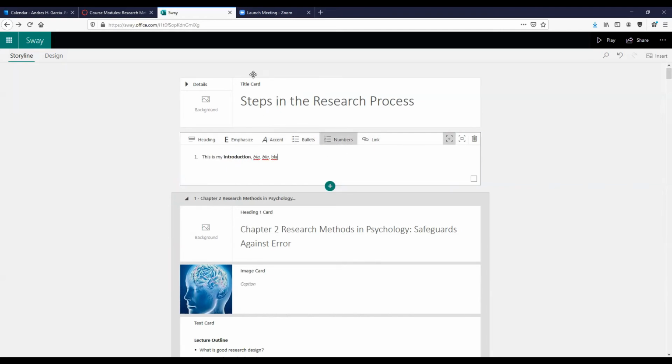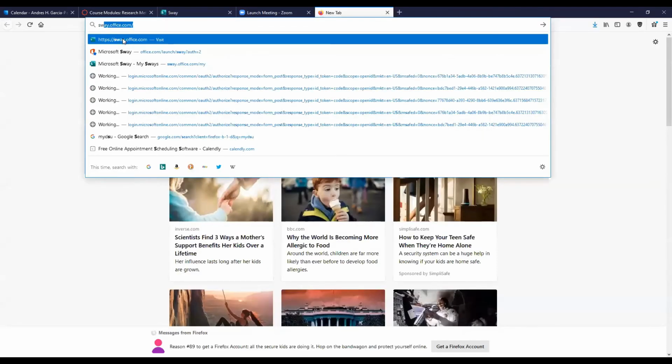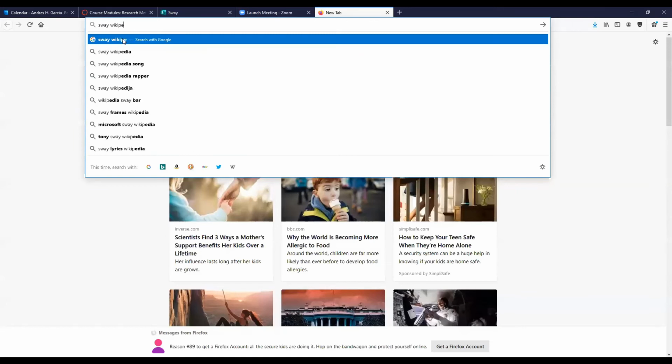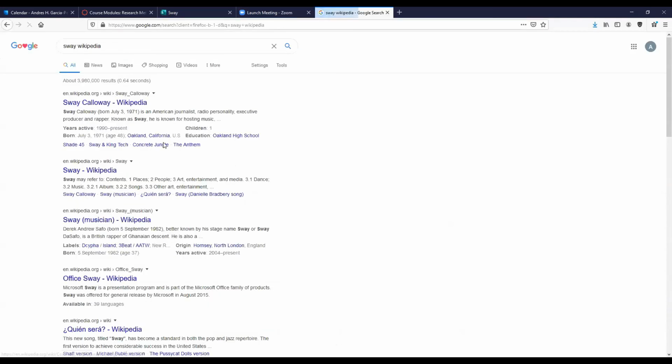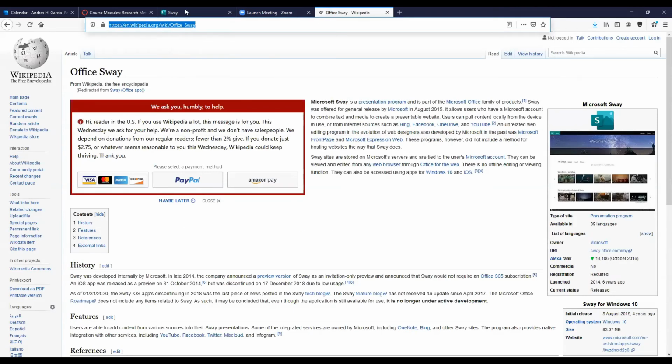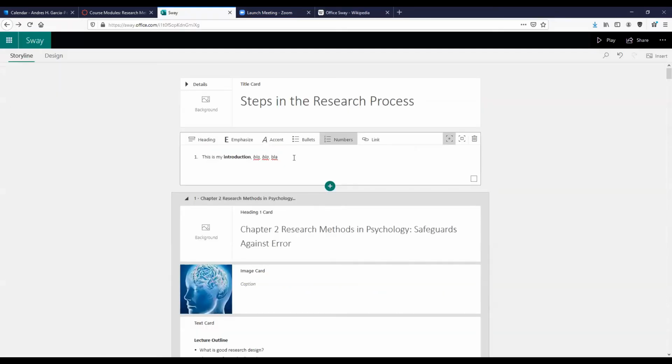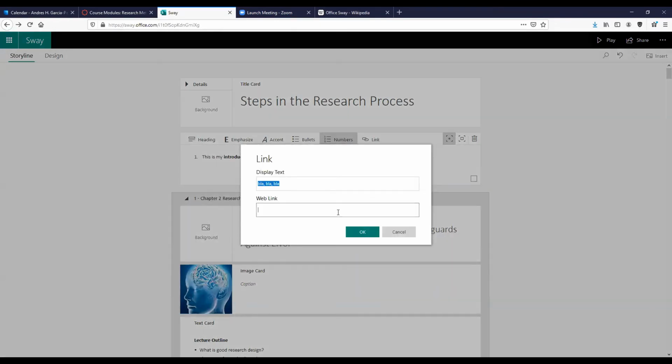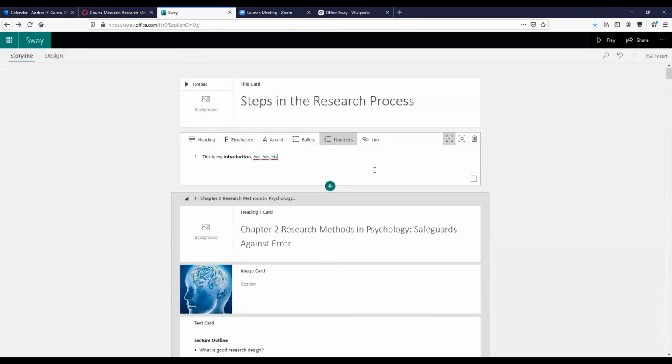So let's say that I want to link to a Sway from Wikipedia. So I find my Sway Office app. You just click your link, copy it, and then you can create a hyperlink to it by clicking this link version, which is very useful. For instance, when I mention Sigmund Freud or any famous psychologist, I generally add the